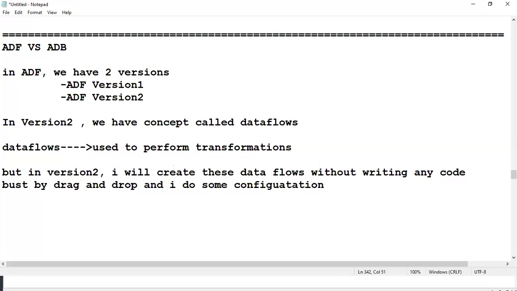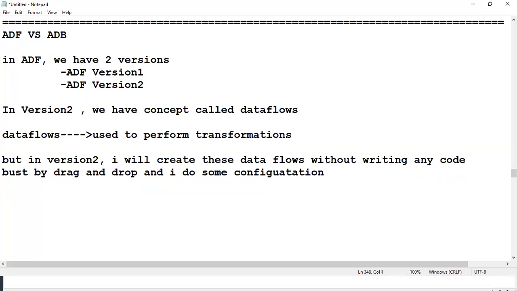There are a lot of differences between version 1 and version 2. Later, I'll take a separate session on this, right? Differences between version 1 and version 2. Version 1 needs a lot of other knowledge, right? But in version 2, it was totally simplified. No need of writing any code. Zero coding ETL tool, right? Just by drag and drop, I do some configurations and perform these operations. But internally, when data flows are submitted,